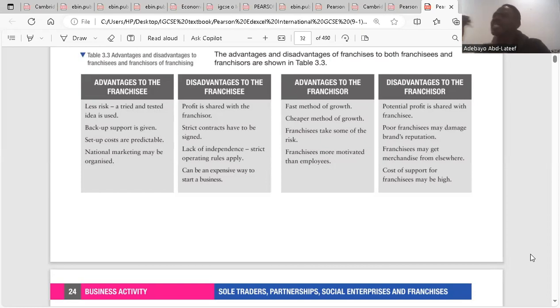Two, it's a cheaper method of expansion. KFC did not put money here. It is you that own it that puts money. So it's cheap for KFC to grow. Do you understand? Franchisee might be more motivated